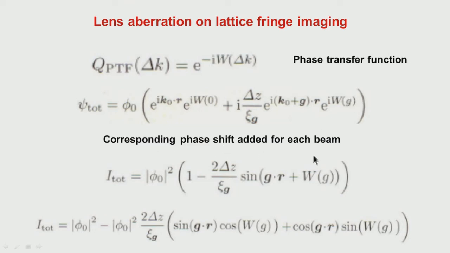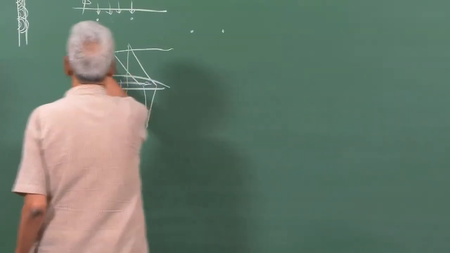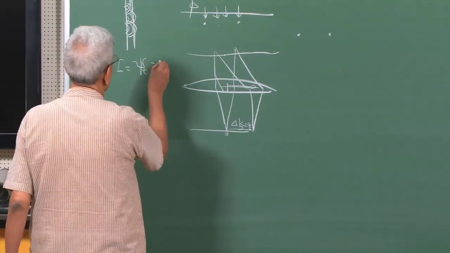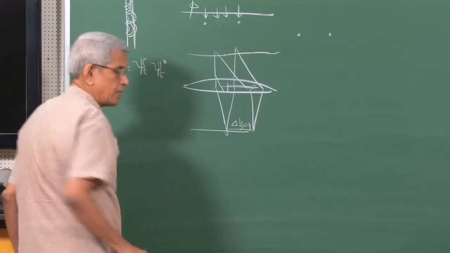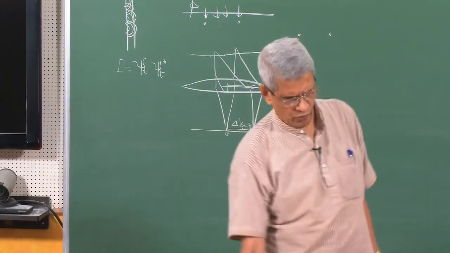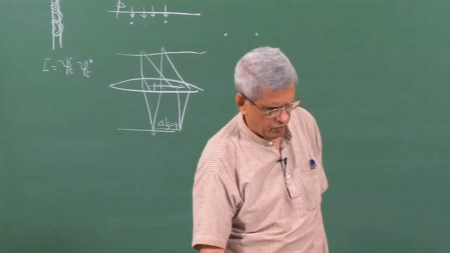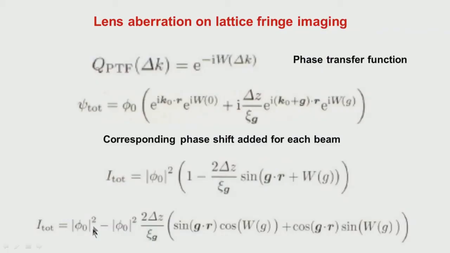Okay. So, what will be the total intensity? I is equal to psi t star. Okay. So, if we do it, finally we get a term like this. In this term, if we look at it, this is the transmitted beam. The total intensity at any point is this, the intensity of the transmitted beam minus this term, it is a